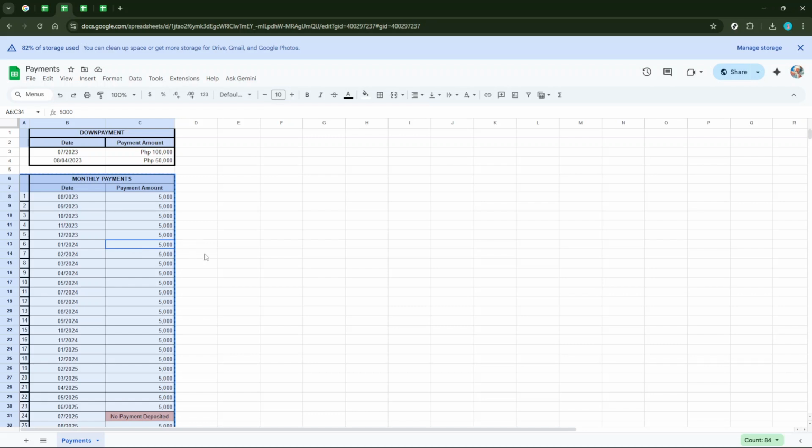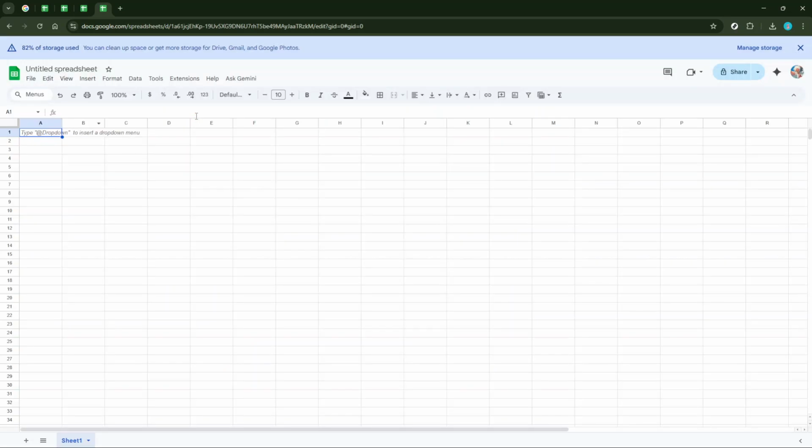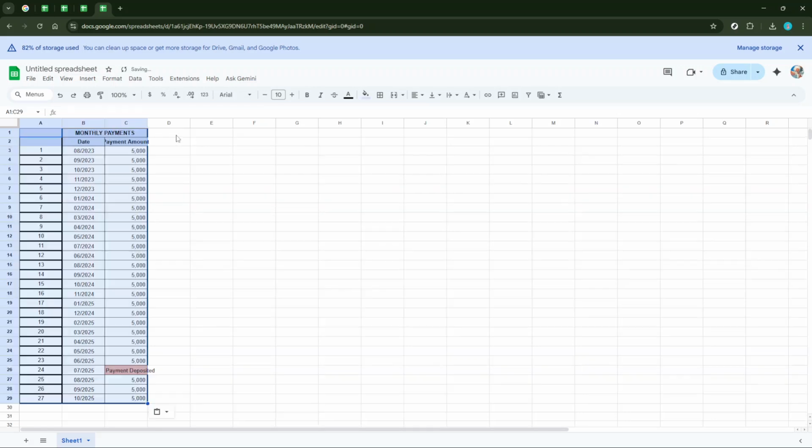Now that you've got your data copied, open a new Google Sheet or an Excel file. Either of these platforms will work perfectly for the next step. Once this new document is open, go ahead and paste the data you copied earlier. You can do this by pressing Ctrl+V on Windows or CMD+V on a Mac. The data should now populate into the new file, maintaining its format as close as possible to the original layout.